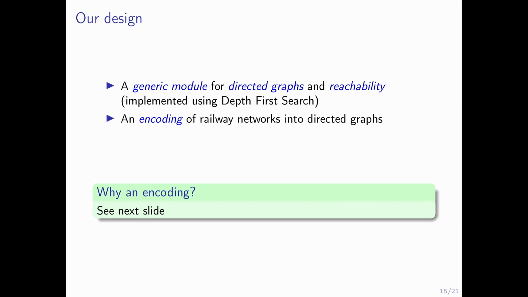To achieve that, we wanted to take a generic model, any kind of algorithm that does reachability in a directed graph, implement it in WhyML, and prove that it works. What we decided was a depth first search, and we also needed an encoding